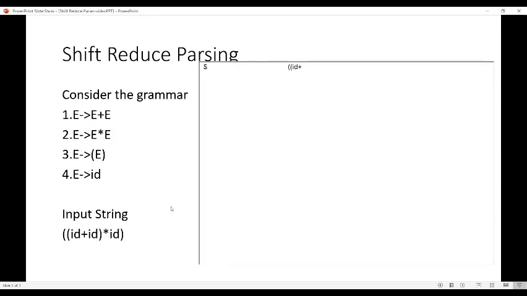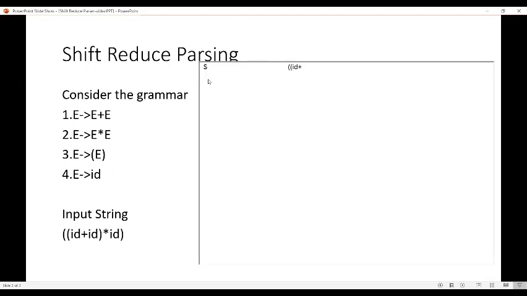Let's see how shift reduce parsing works for the input string id plus id asterisk id. For the given grammar, E produces E plus E, E produces E into E, E produces (E), then E produces id.